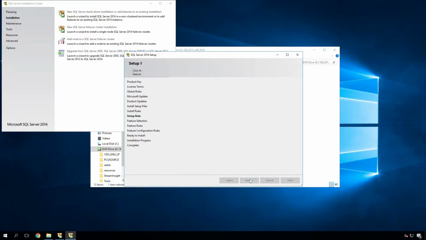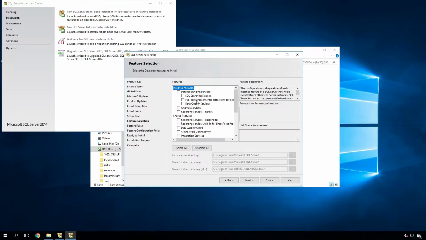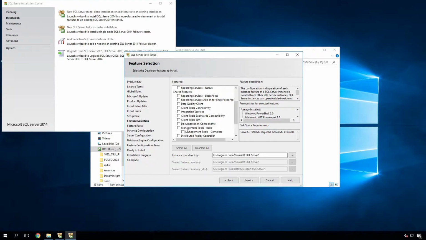Next, instance features. I'm going to select database engine and management tools basic and management tools complete. We need this management tool because later on we need to alter the database according to the Confluence required structure. Next,